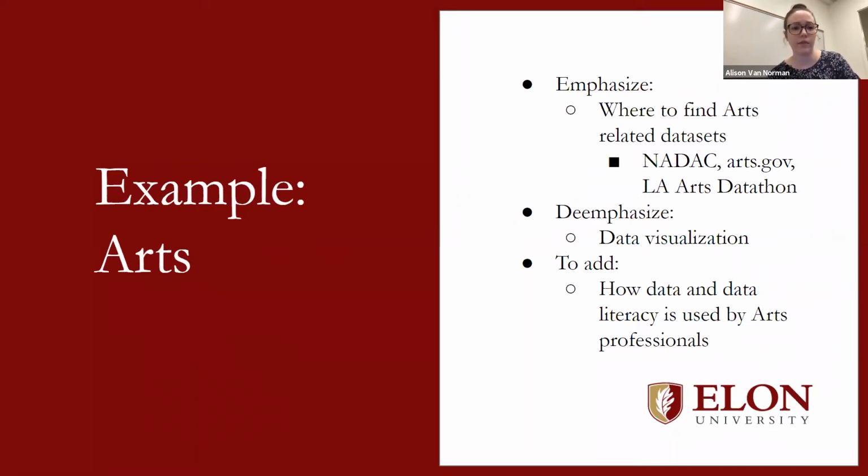So a couple of examples of places I've found are the National Archive of Data on Arts and Culture, the National Endowment for the Arts, or arts.gov, and the LA Arts Datathon. They all have some downloadable data sets that are really relevant to the arts and to art students. And then I would also de-emphasize the data visualization aspect. I would talk about it briefly, but I would spend more time, since it would probably be a limited amount